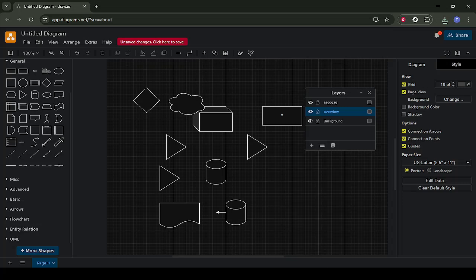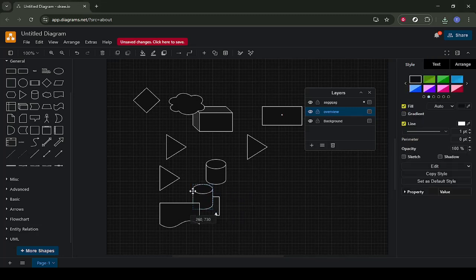In today's video, I'm going to teach you how to organize complex diagrams in Draw.io for Confluence and Jira using layers and connectors. When you're working on larger diagrams, things can quickly become cluttered and hard to follow. That's where layers and connectors really shine. They help you keep related elements grouped, control what's visible at any given time, and make sure everything stays readable